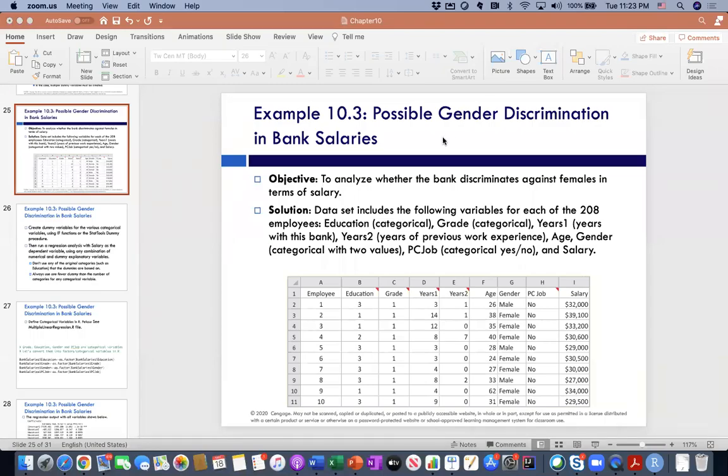Hello, welcome back. In this video, I'm going to continue my discussion on multiple linear regression. This time, we are going to create a multiple linear regression model by using categorical independent variables, in addition to non-categorical independent variables. In this case, we do have a bank salaries data set where we do have several different